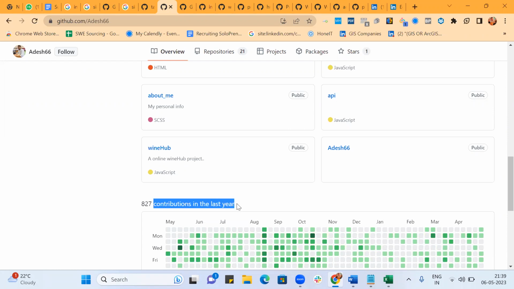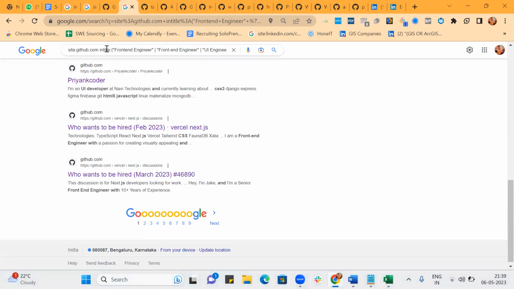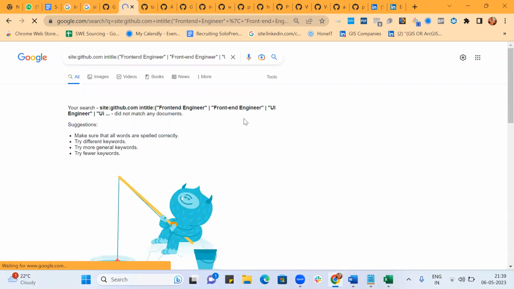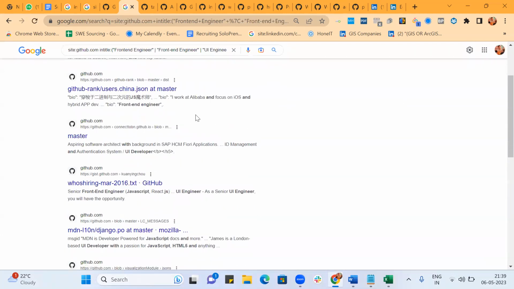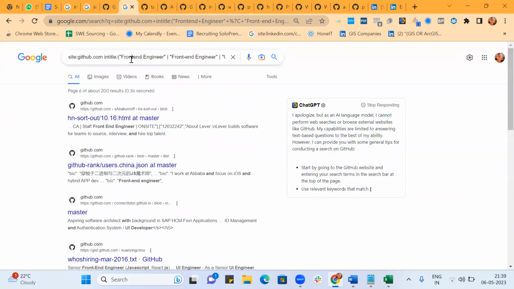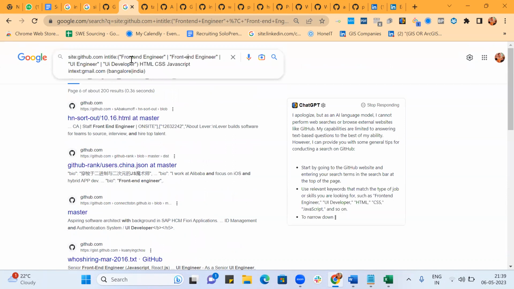Now let's say contributions in last 1 year. Okay, site github.com in title. So first we got lots of false positive results. We got repositories, we got projects, we got some questions, we got some junk, we got some positive results also. But now let's say we just go here and I'll add